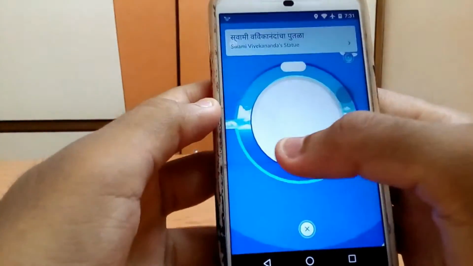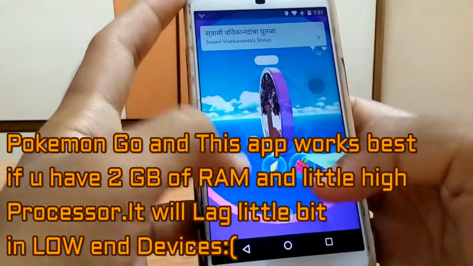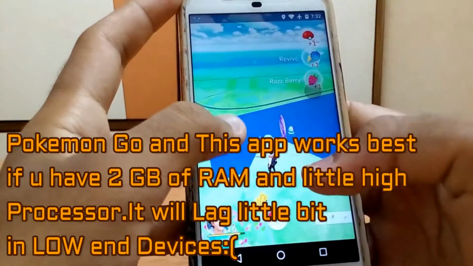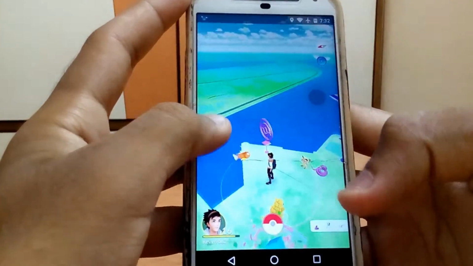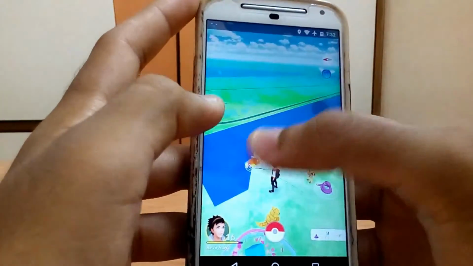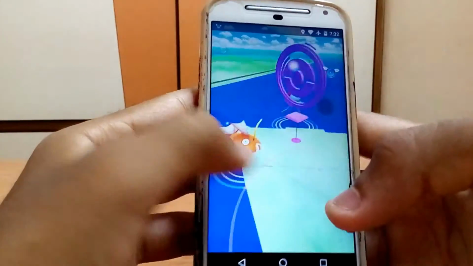My phone is a little bit laggy here because it has only 1 GB of RAM. If your phone has 2 GB of RAM, it will be very good to use this app and Pokemon Go together. Let me catch a Pokemon.